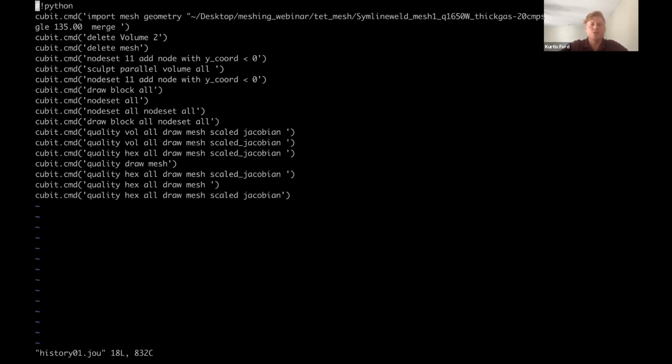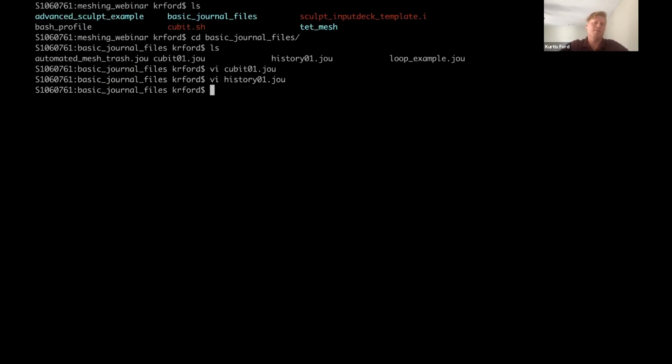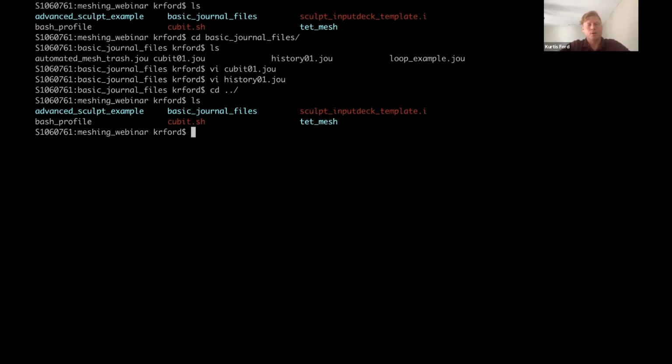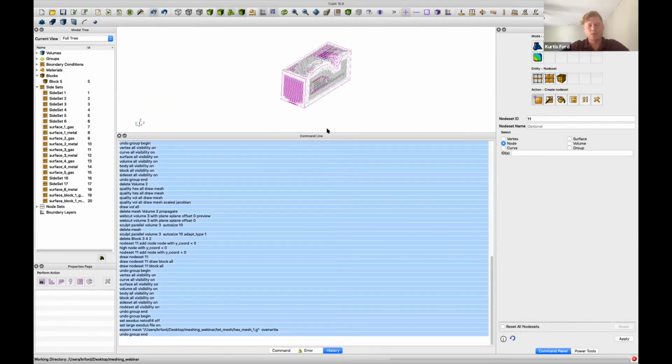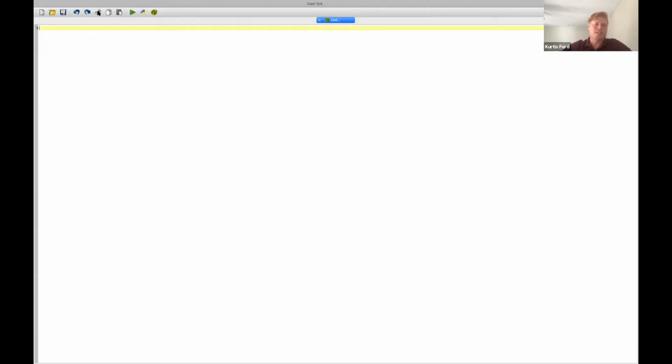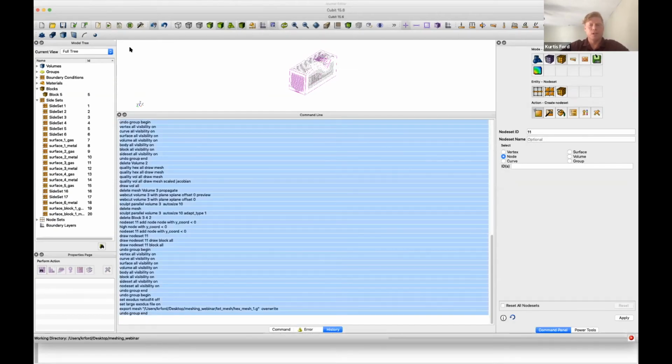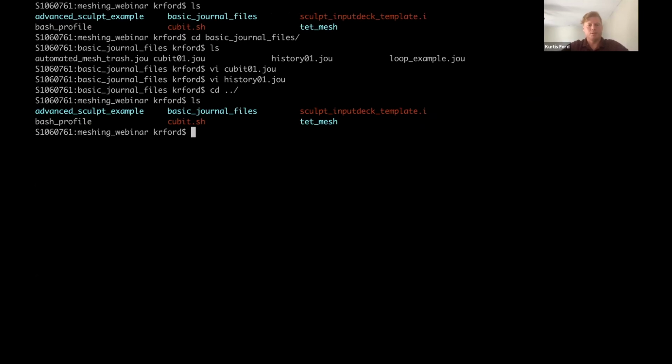And so all this you can do in Python. I'm not doing it that way today, but that's another option that's pretty handy. So I just copied and pasted from here because that is what I most commonly do. There's a text editor right here native to Cubit, but I don't typically use that because I prefer being able to use VI. So we'll call this